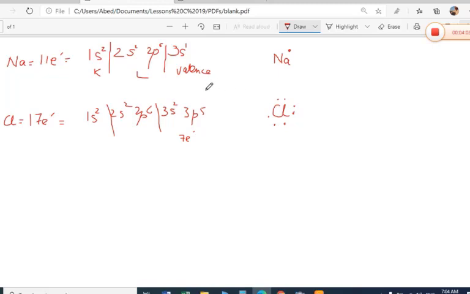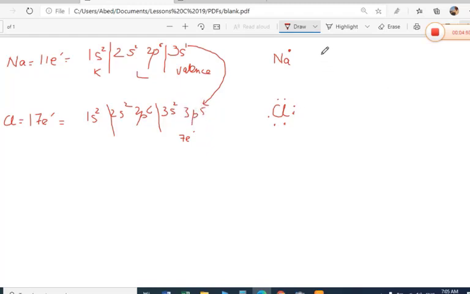Okay, now if you see here in the chlorine there are 7 electrons. If it gets 1 electron, then the shell will be complete. And in the case of sodium, it has only 1 electron. So either it loses 1 electron to get the previous shell complete, or it takes 7 more electrons to complete 8 also here. But getting 7 electrons is very difficult. So it will lose this electron. This electron will jump from the sodium to the chlorine. So chlorine will get this electron, so it will become negative, and this will become 8.